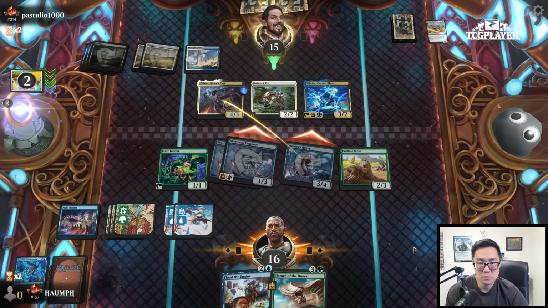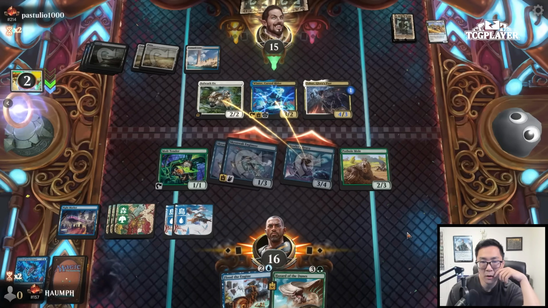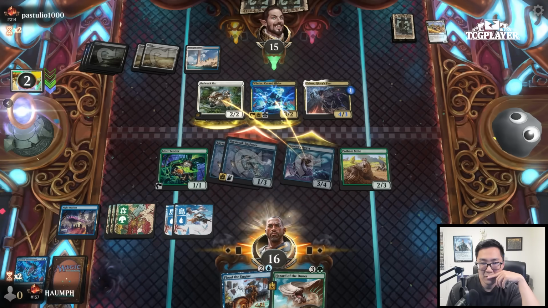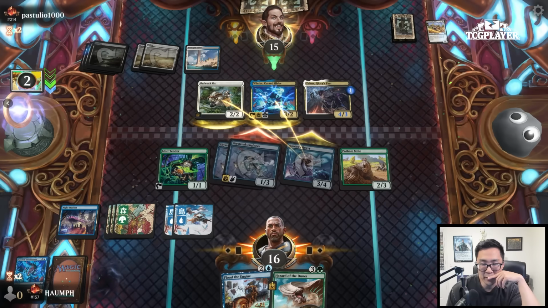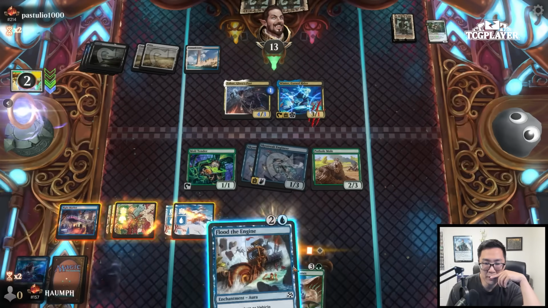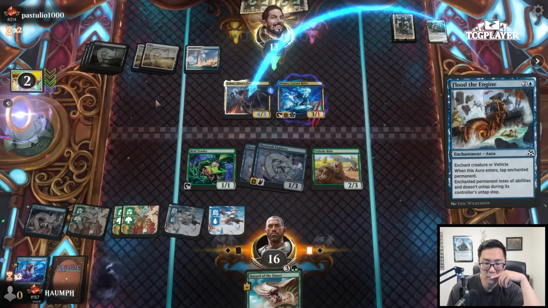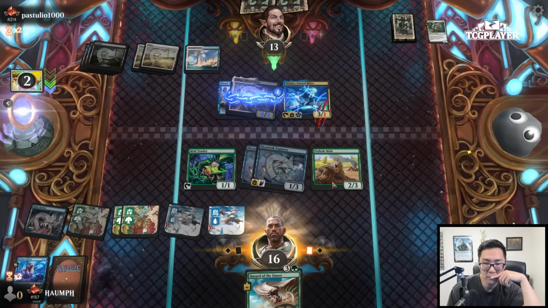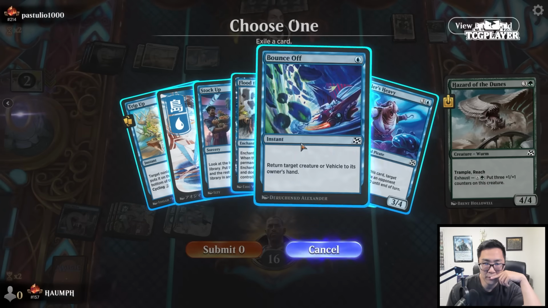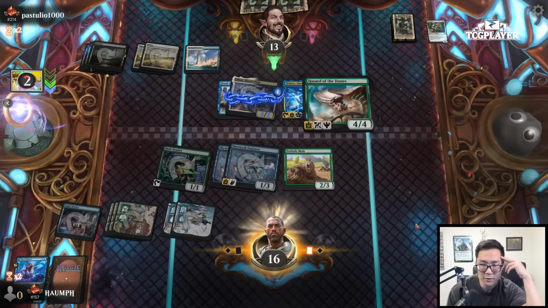Whoa. Oh, they can sack the Ox? Okay. I'll kill the Ox. Trading this for the Ox seems pretty good. Alright, and then let's... Then let's play this. Let's exile, I don't know, Spectral Interference. I don't think I have a way to get it back, so...